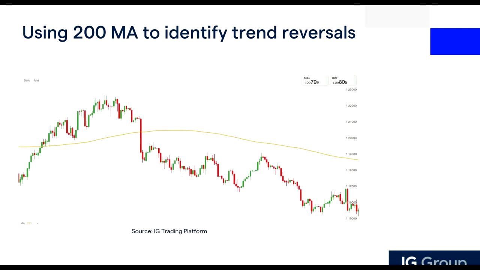So 200 is kind of like a long-term average price, so you can use this as a kind of trend indication. When we talk about the 200 moving average, this is the line. This line is the average price for the past 200 candles. And of course, if we are looking at the daily chart right now, the line here tells you that this price point is the average price for the last 200 days.